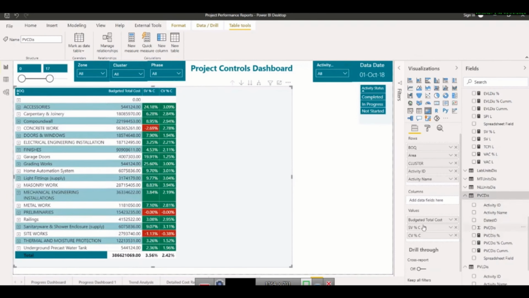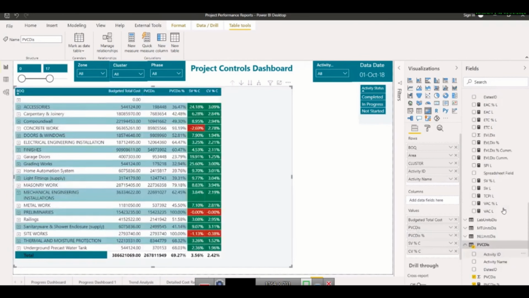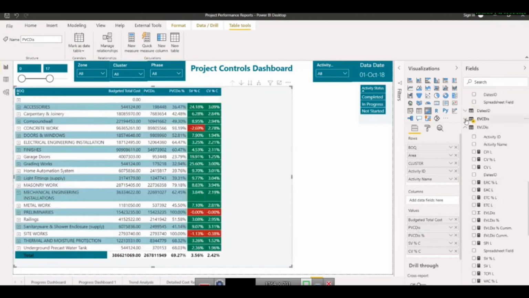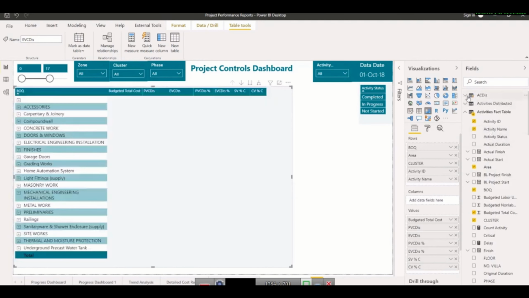So cost will come here, cost percent will come here, and for earned value, cost will come here, let's say like this, and earned value cost percent will come here. Actual cost,